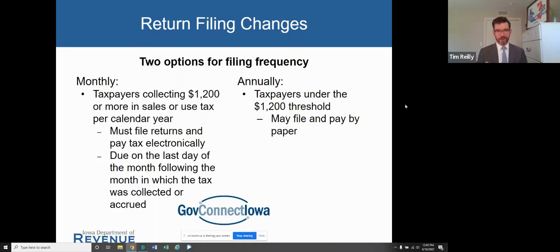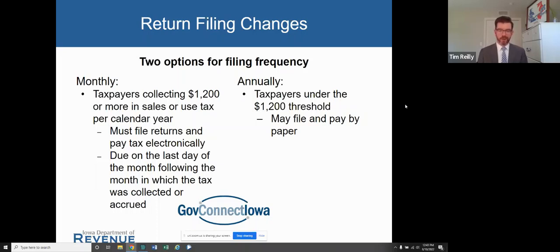Maybe jumping ahead here a bit, but in addition to changing the return filing frequency, we also changed payment frequencies. There are no longer deposit payments for anybody who was a quarterly return filer.